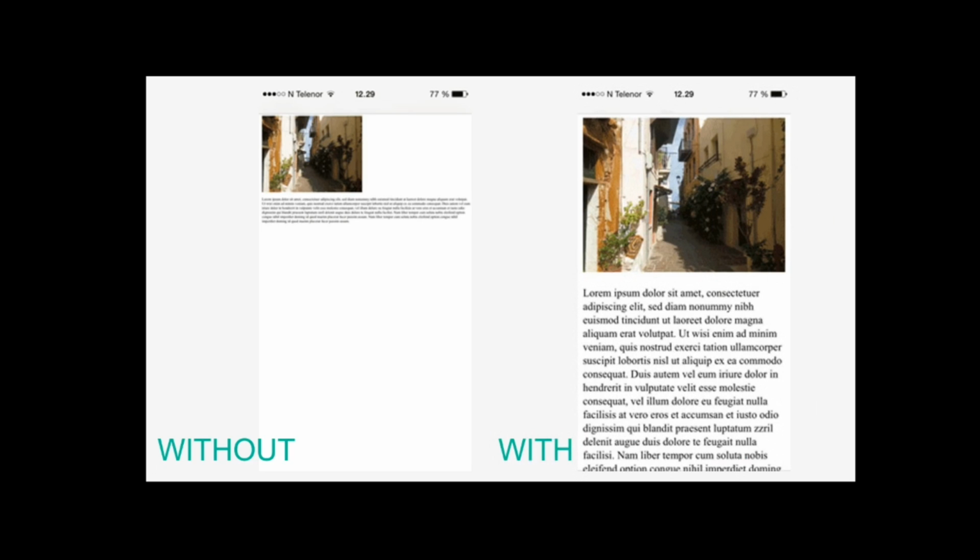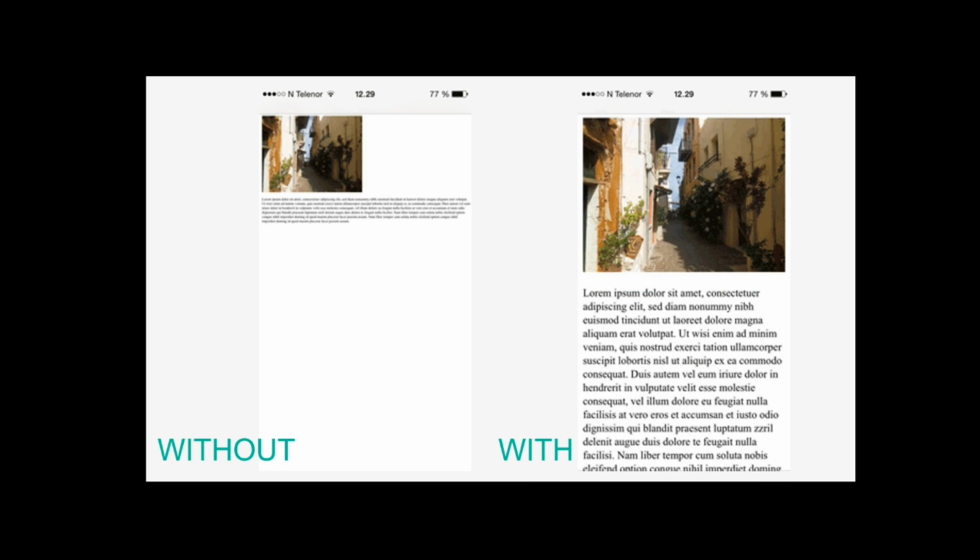So if we do not use the meta tag, this is how it actually looks. As you can see in the example, the contents here are not visible and are too small, and with the meta tag, this is how it will look.